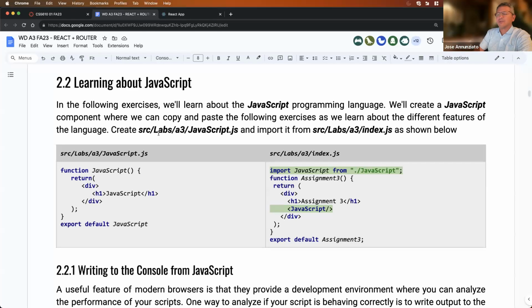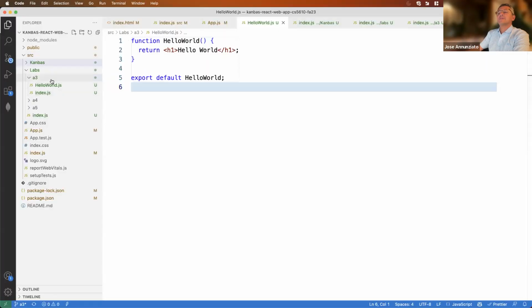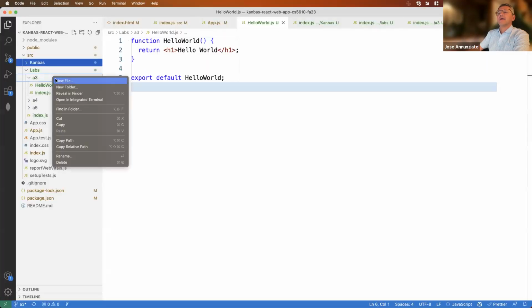We're going to learn about the language. So I'm going to create a component called JavaScript that is going to allow me to practice a lot of small little things about the JavaScript language. So let's create a component. Under the A3 directory, I'm going to copy that. So under the A3 directory, we're going to create a